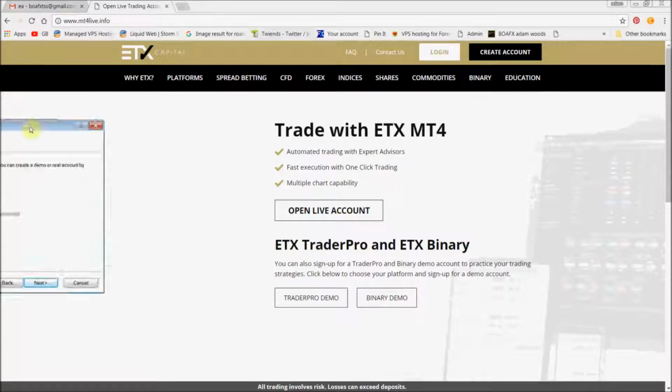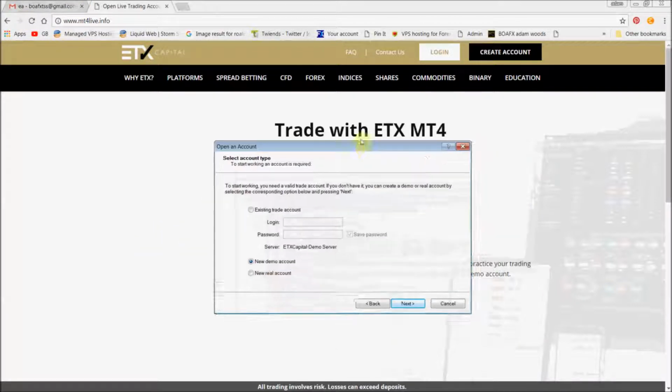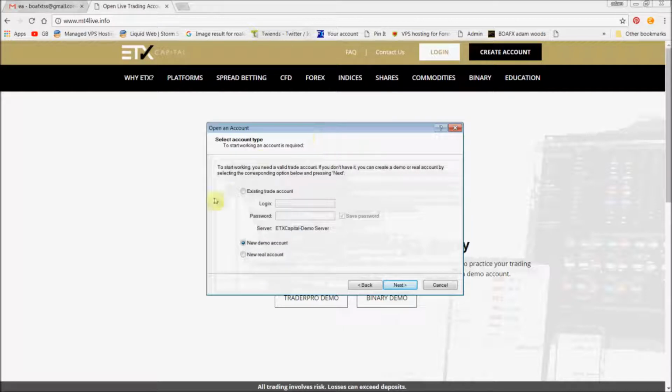So I'll just move this across. See if it will let me move the platform across here as well. Okay, it won't let me move the platform across from the other monitor, which is fine, not a problem. Okay, so you log in with your existing demo account details there, and your password, and then you can log into the account, and we can load up the EA in there as well. Okay, so once you're logged in,